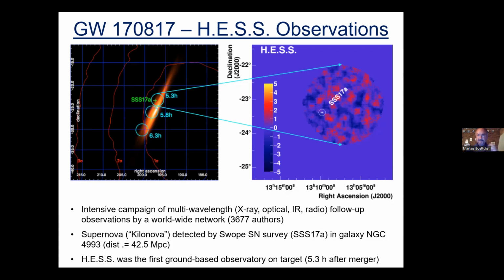That is a kind of supernova explosion that is expected to come from this kind of neutron star mergers, where you have very heavy metals interacting with each other, producing even heavier metals, like the noble metals, most of the gold, for example, that we have in the universe. All of the gold that we have in the universe probably was produced in one of these kilonova events. So this was detected in a galaxy, the catalog name you see here, at a distance of about 42.5 megaparsec.